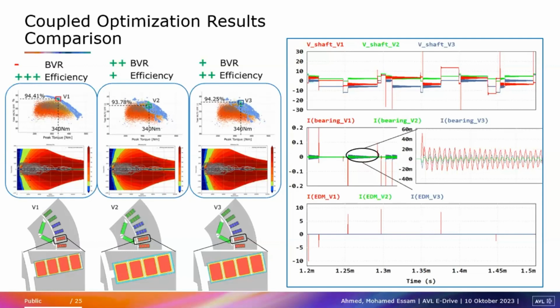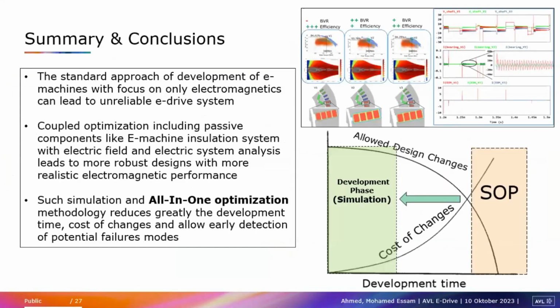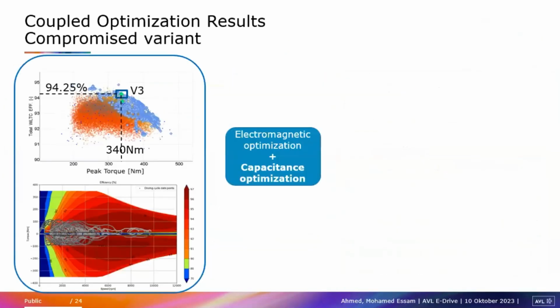Yes, at the end, in the example of the OEM that I mentioned, we had to use the shaft grounding conductive ring. And at the end, we were literally here, in the SOP. And to change that, the vehicle was already in the market. To change that, you can imagine how much it cost them to change the full E-axle to add the grounding ring of the shaft. There is also another solution, like the conductive bearing, metal bearing, which basically most of the solutions actually